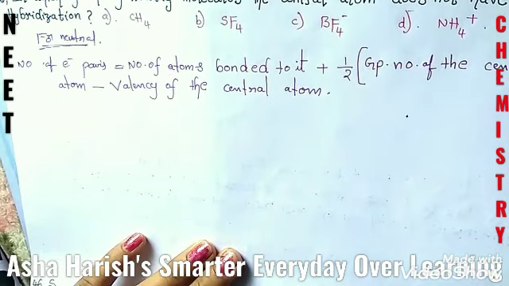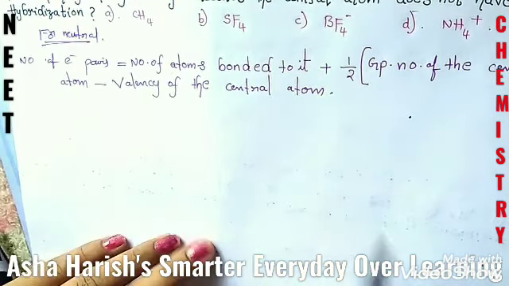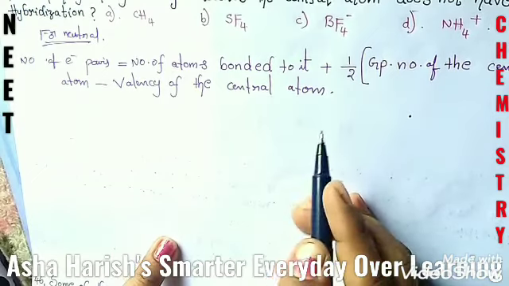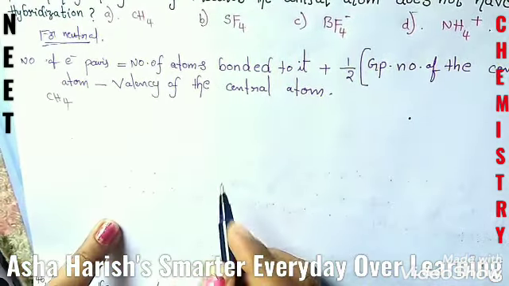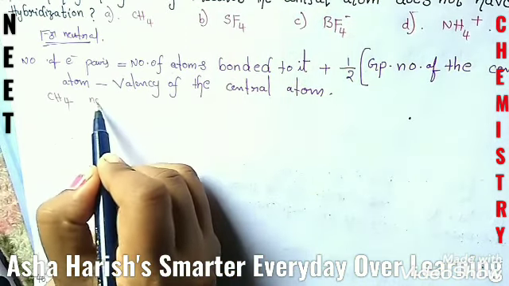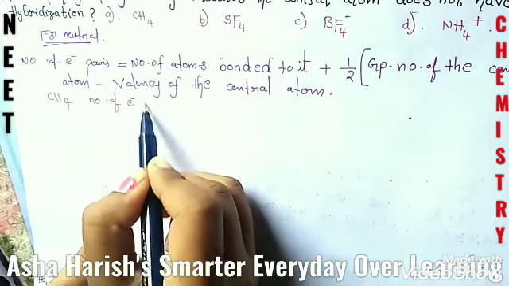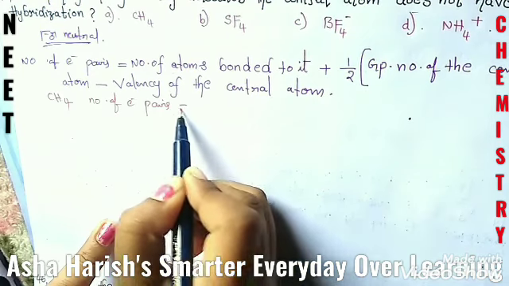Okay students, based upon this we can calculate for CH4 here. Right, for CH4, the number of electron pairs is equal to,